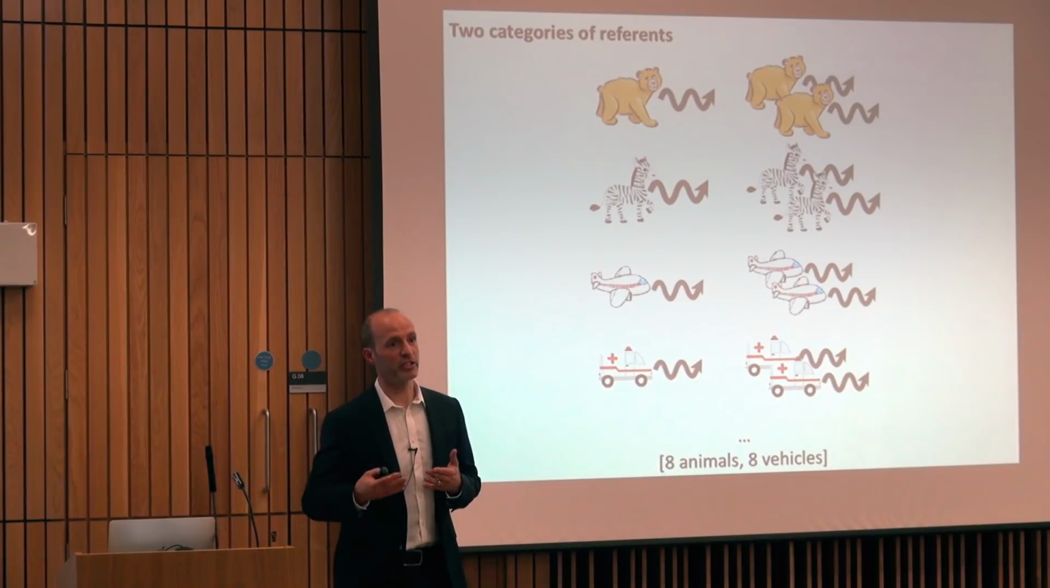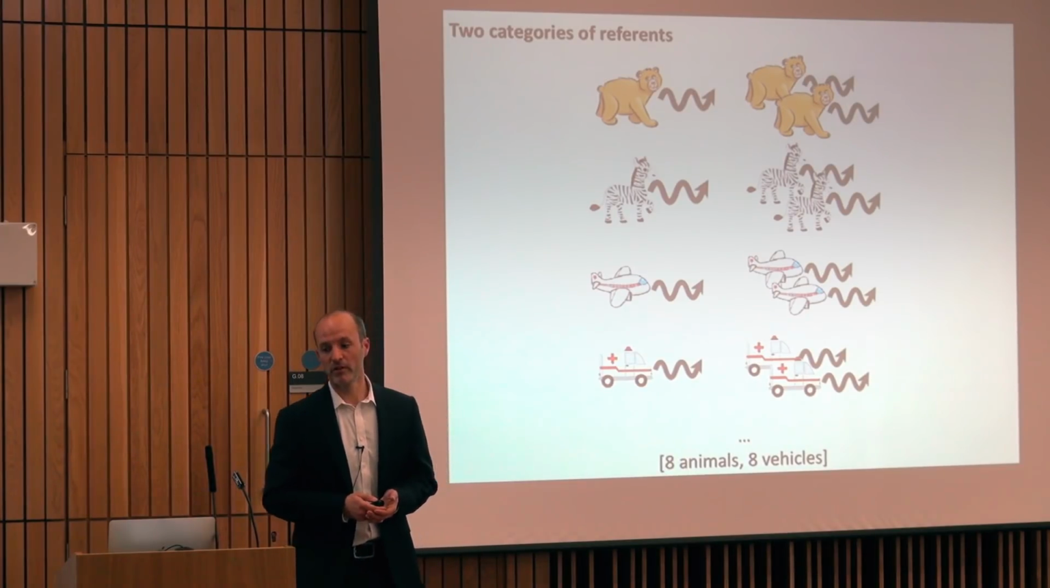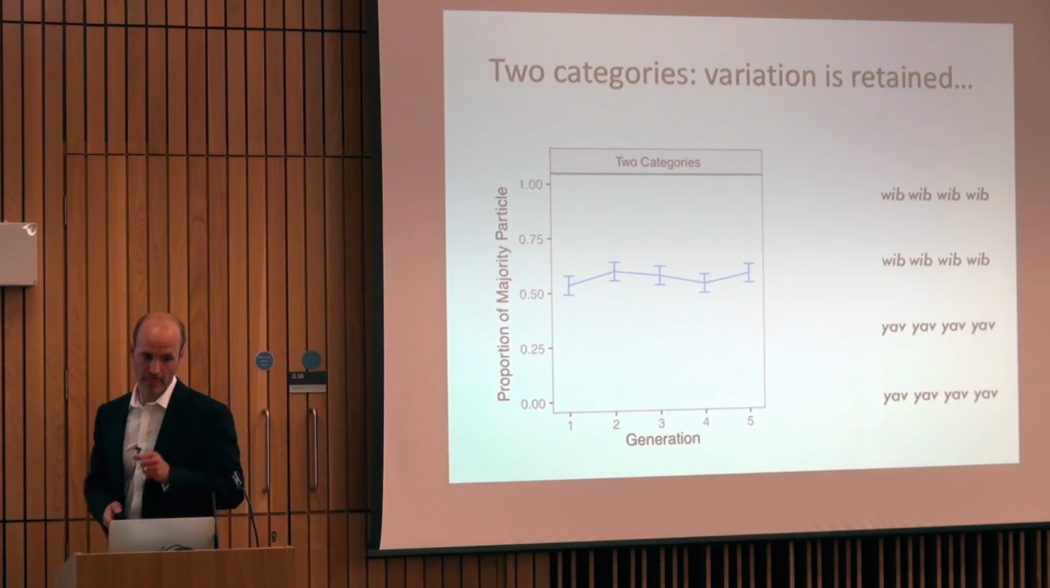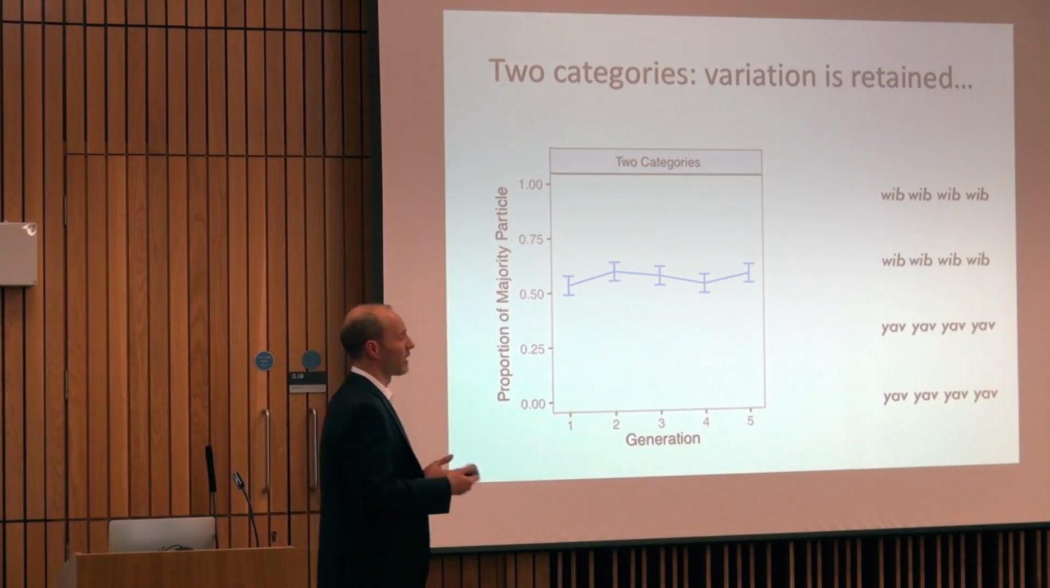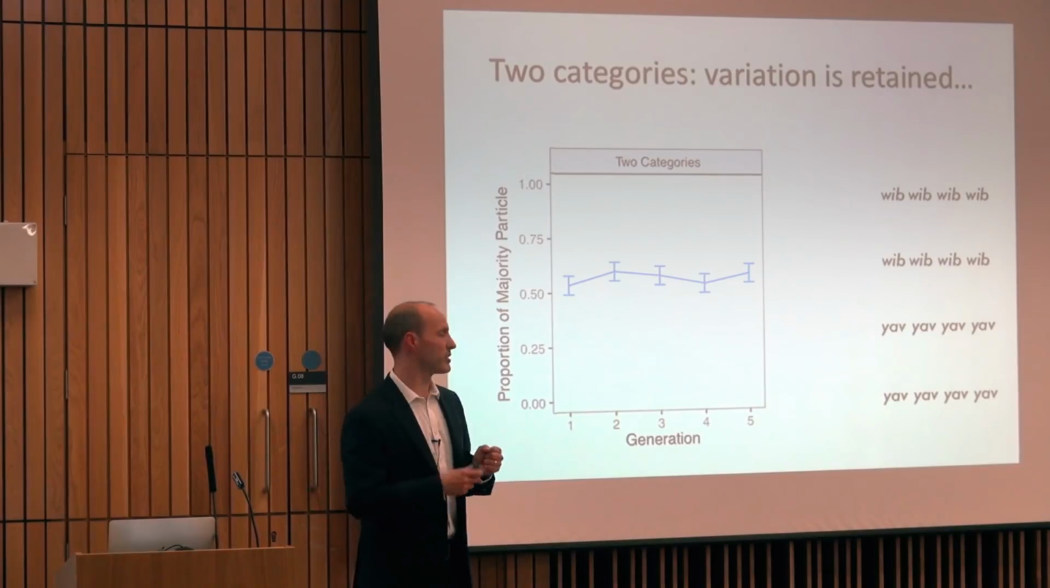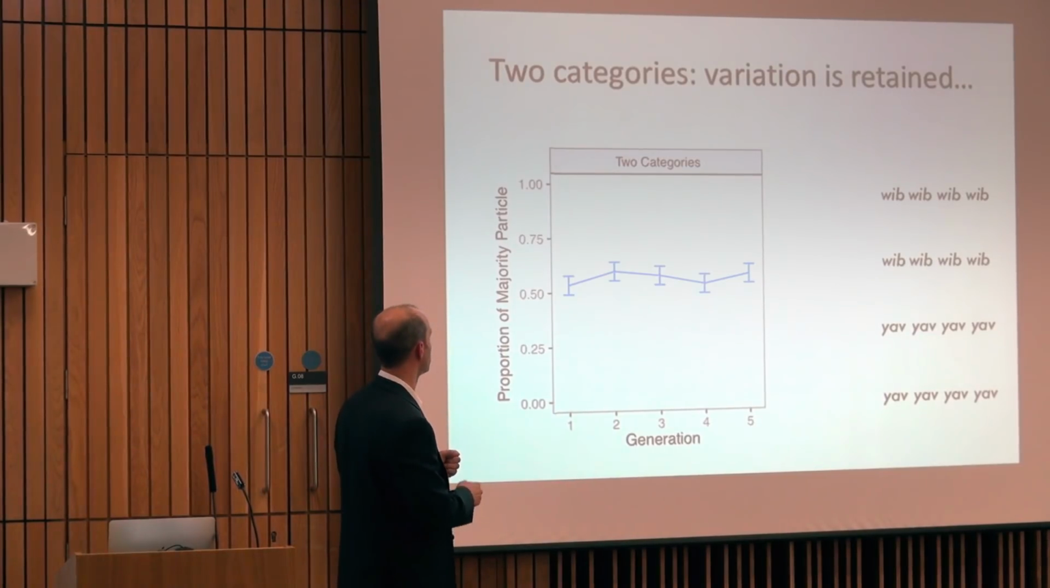And we're interested in how that shapes the regularities that form through iterated learning. Okay, so if you look at what happens to these languages, we see that as the language is passed from person to person, variation is retained. So again, this is a graph of generation against how often they use the most frequent marker. We started these chains off at 50-50, so 2 equally frequent plural markers, and they stay pretty close to that